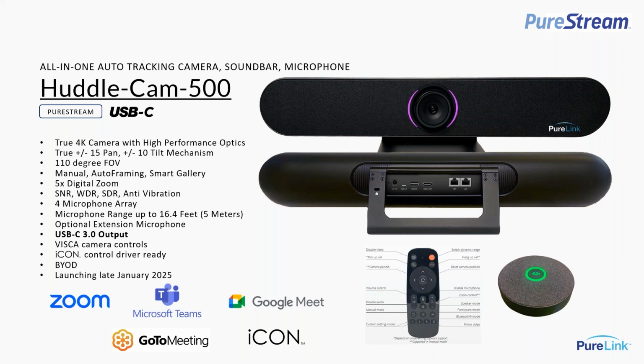And something that makes it unique in the market is that the lensing system is actually motorized pan tilt. So you got 15 degrees of pan and 10 degrees of tilt. So why did we do this? The reason why is when you rotate the chip and the optics, that allows you to frame your image utilizing